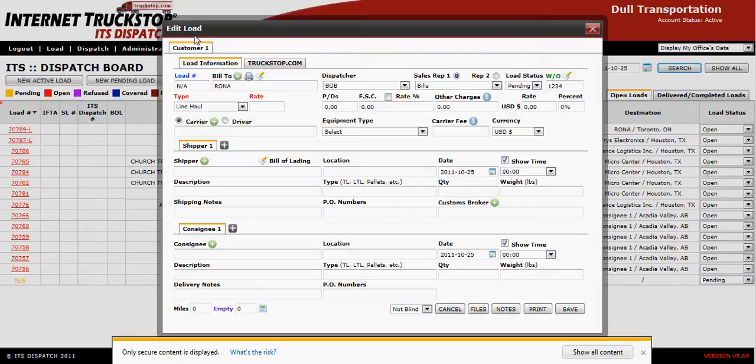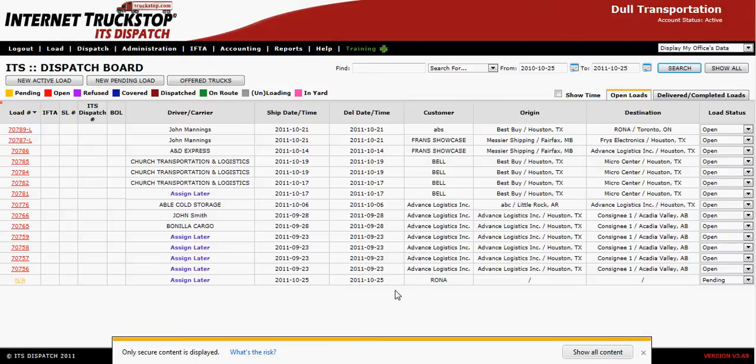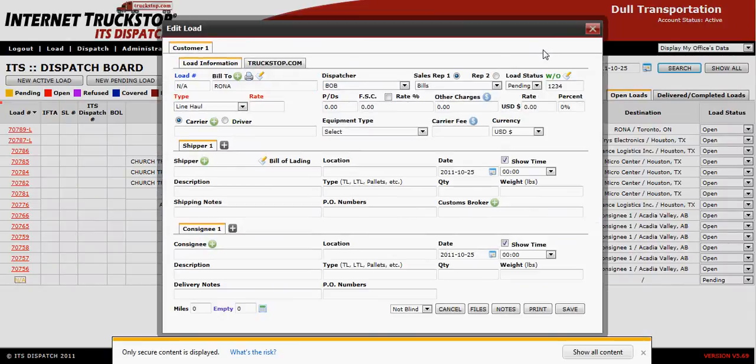At this point, if you get interrupted, you can simply again save the information. It will then be updated within ITS Dispatch. Again, opening up the load, we will then proceed and add the rate that we are charging our customer. In this case, it will be a basic line haul rate of